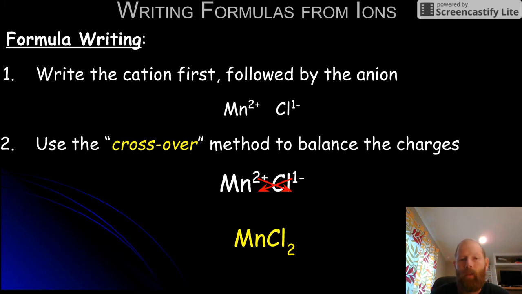Or you can just look at it that one manganese has a +2. And so to balance out that +2, we have to have a -2. Well, if each chloride ion has a -1, then there must be 2 of them. Okay, so one manganese has a +2, 2 chlorides, each with a -1, gives us -2, giving us a neutral